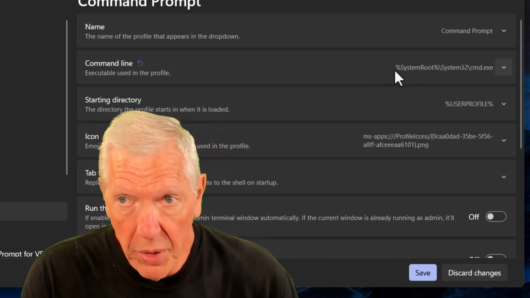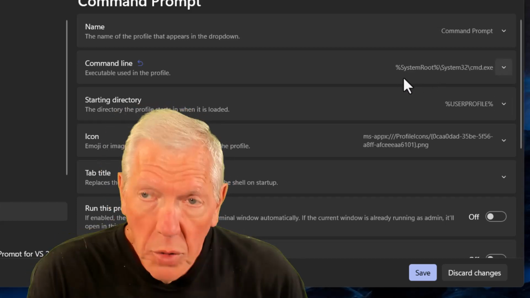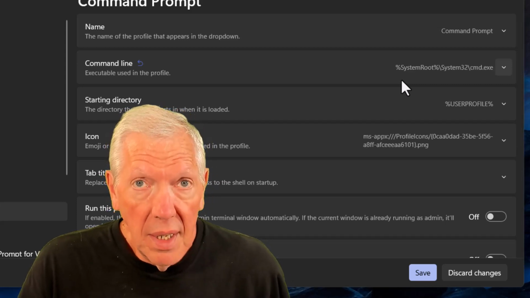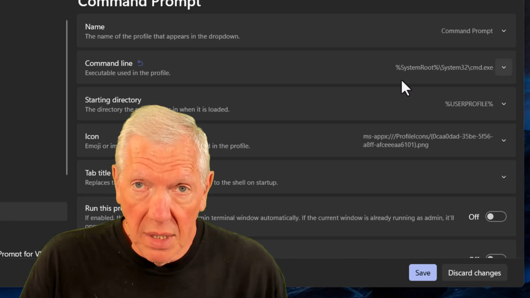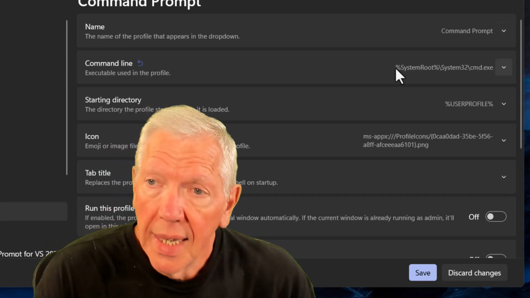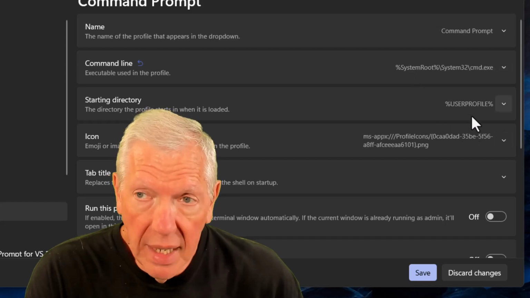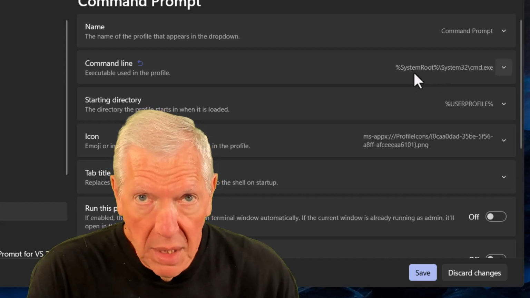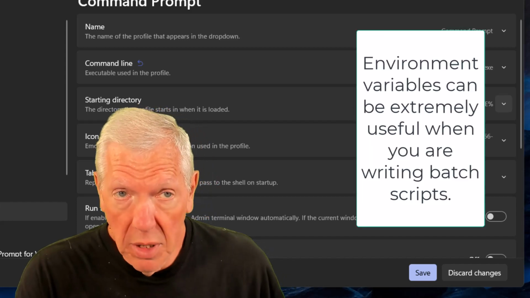Now, why is this in percent signs? Environment variables are meant to neutralize things, so if you pick a different folder name for where you install Windows, it's still going to show up in %SystemRoot%. It's a way of making things generic. You don't need the caps. It can be lowercase, proper case, uppercase, it doesn't matter. But the main point is that %name% means that it is an environment variable,